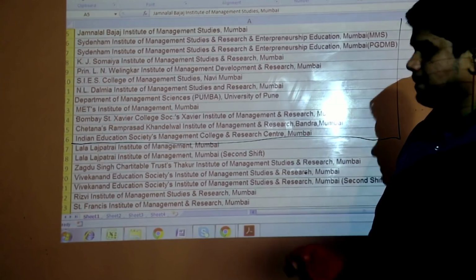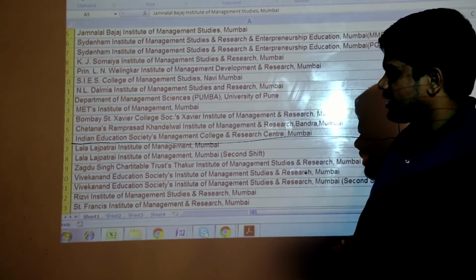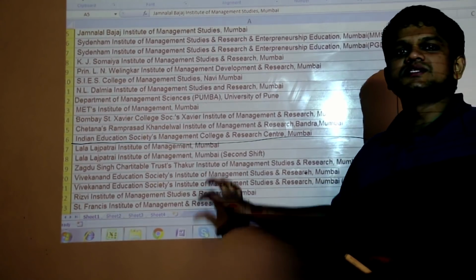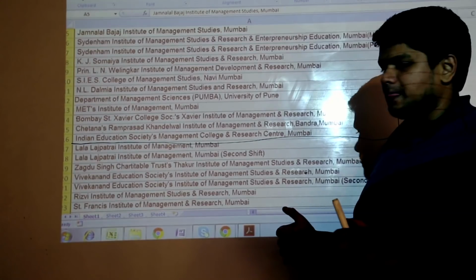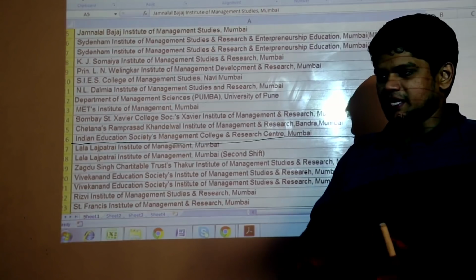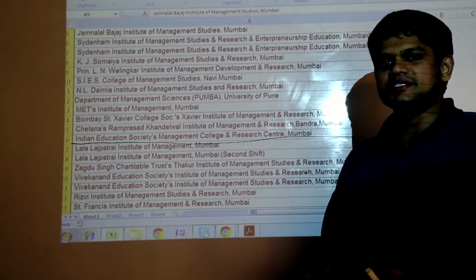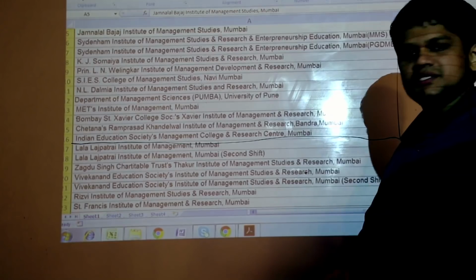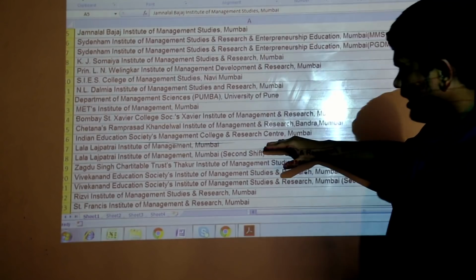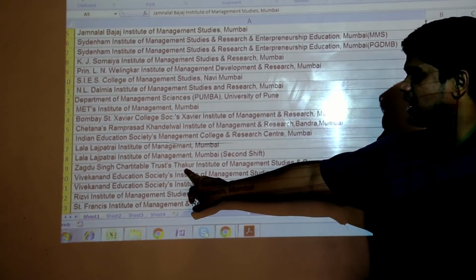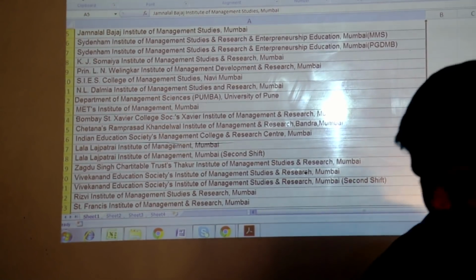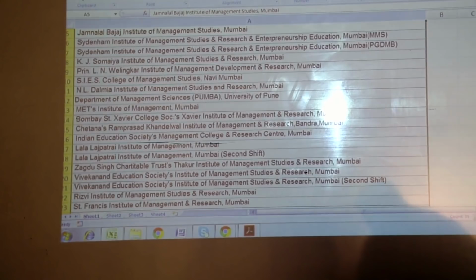Now below this would be your choice. We would not recommend people taking up admissions in these colleges because the placements would not happen well in these colleges. But if you are in a desperate situation, you want to do an MBA this year, or placements are not a matter of concern, anyhow you want to do it this year, then you can probably go below this. And in the list now, you will have Lala's, Thakur Institute, Vivekanand, Rizvi, St. Francis, fine. And going below,